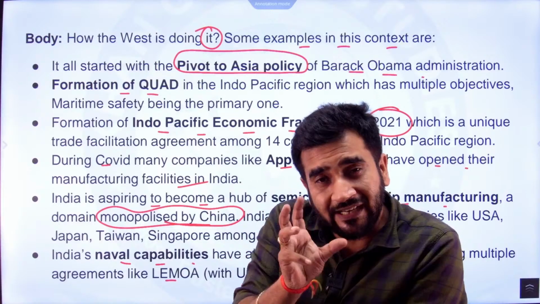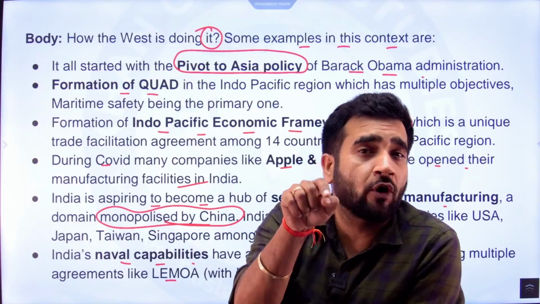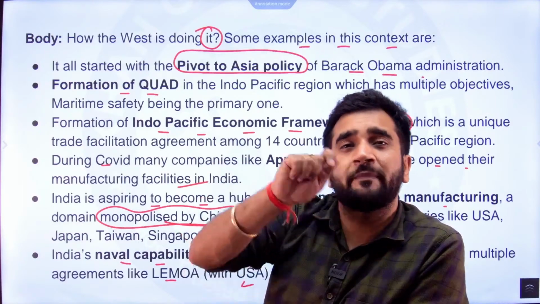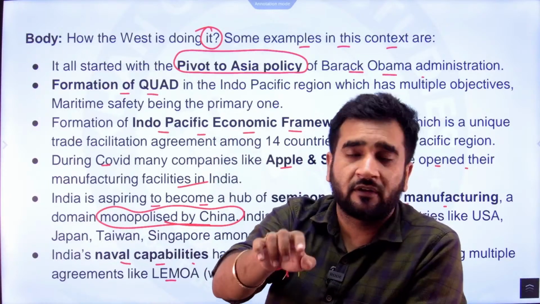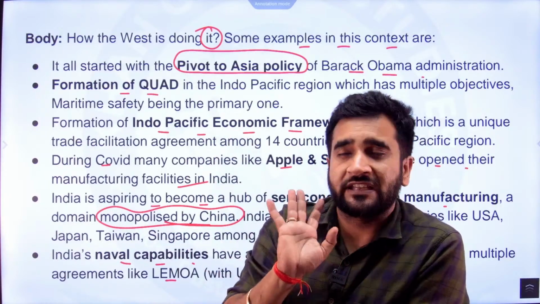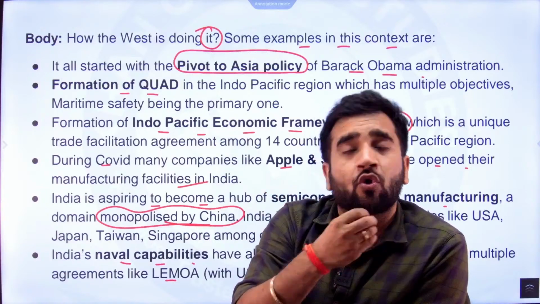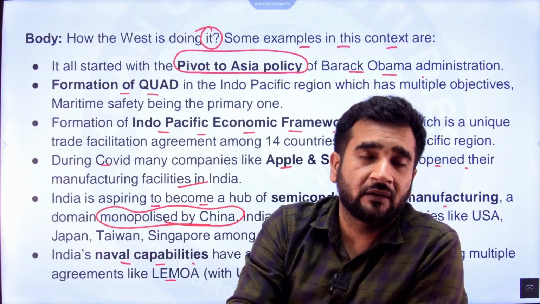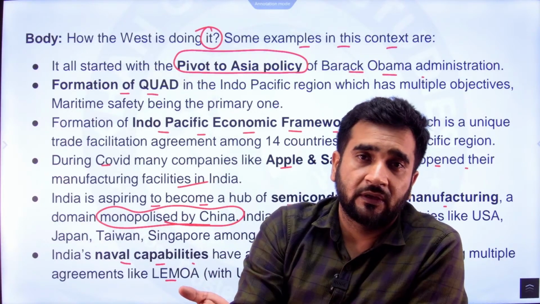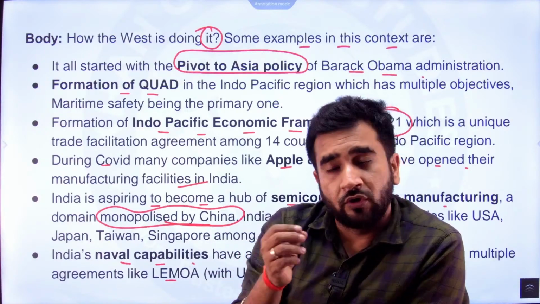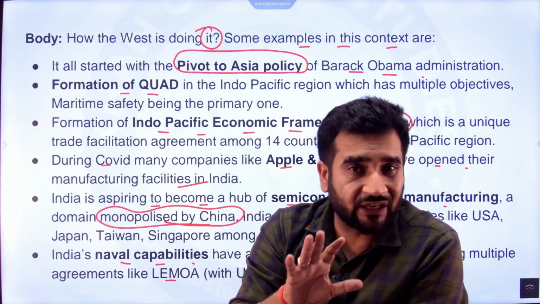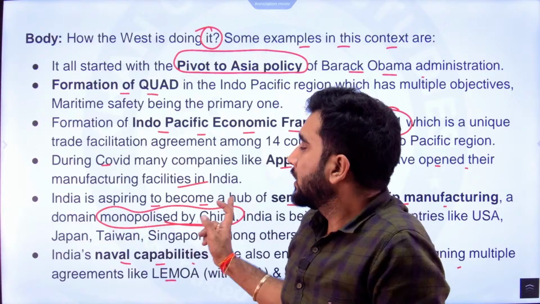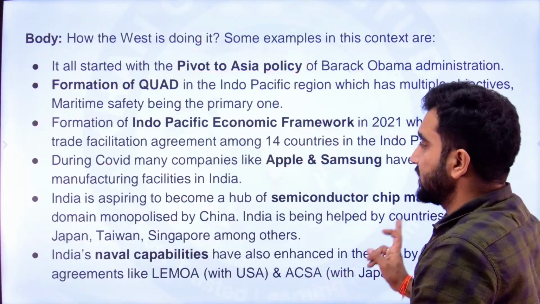You need to understand the context of the question, and bang on, you have to be there. You don't have to beat around the bush. If you keep on beating around the bush and do not come to the point directly, there will be no marks or fewer marks. And you don't have the scope of beating around the bush because you have to write in 150 words only, two pages. So you need to be very clear and very crisp. That is the demand of this paper. So this is what it is.